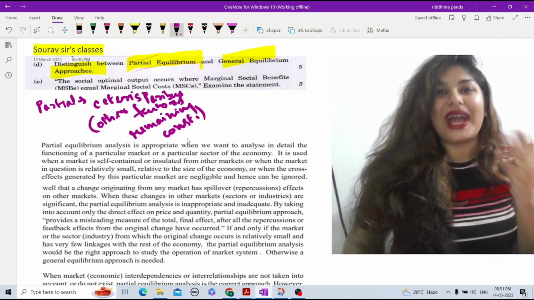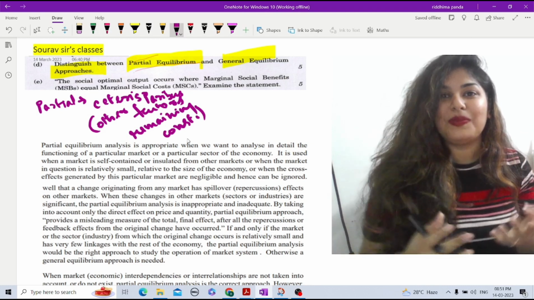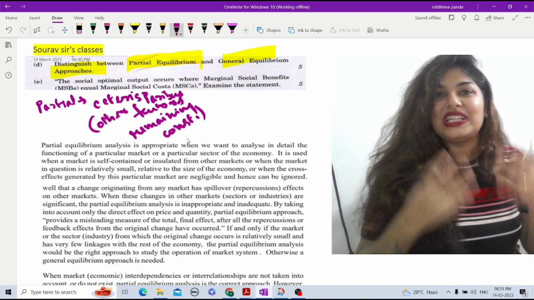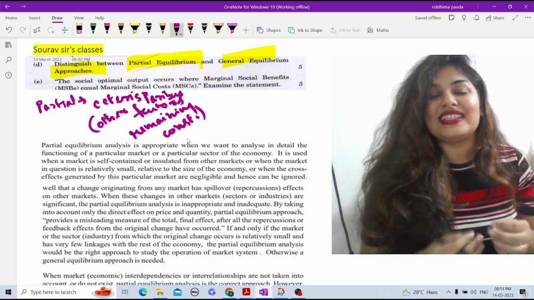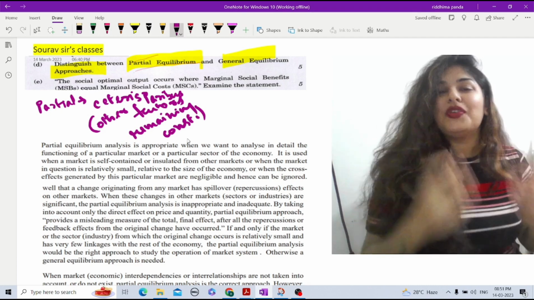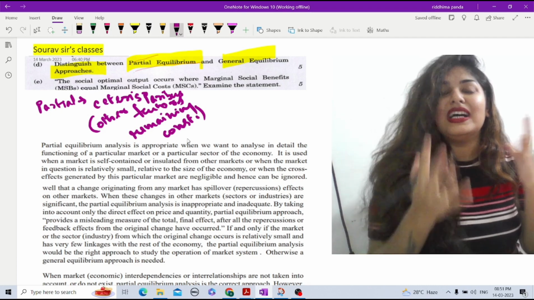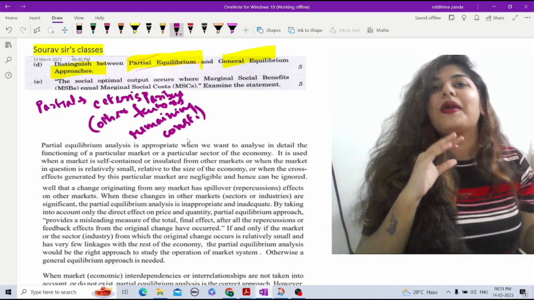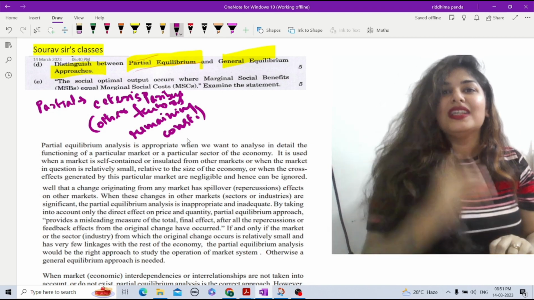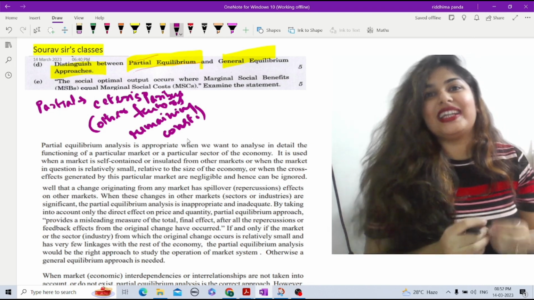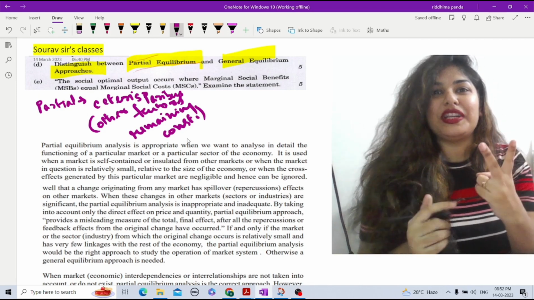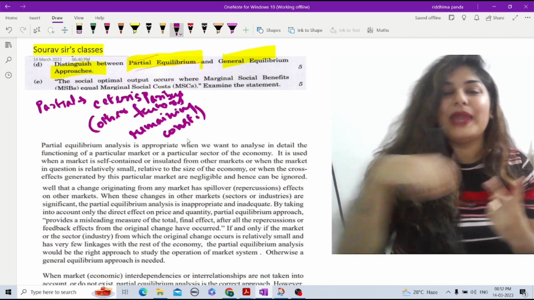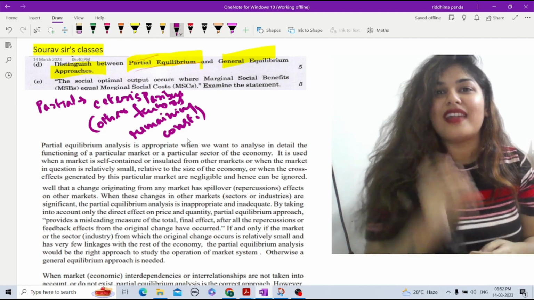For example, price of substitutes, price of complements, income of the consumer, taste and preferences. So these are the factors that can actually influence the quantity demanded or bought by the consumer, right? So just in order to study the dependency between two variables, whereas the remaining variables are kept constant,